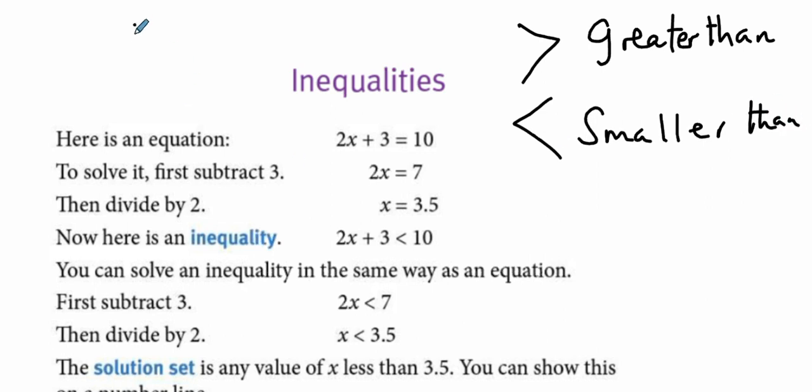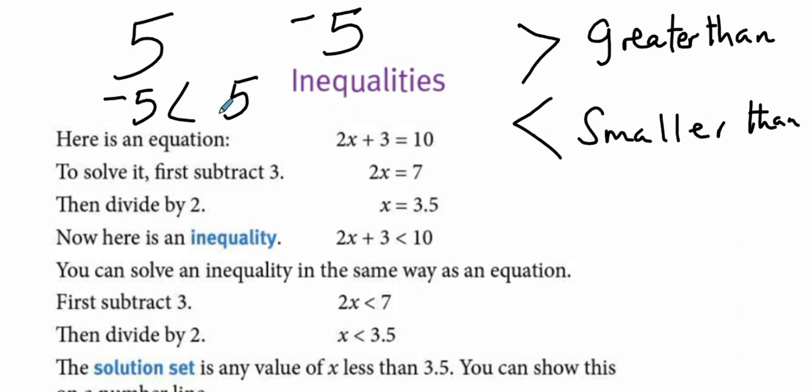For example, if I want to compare two numbers, 5 and -5, I find that 5 is bigger than -5. See? So that is one way of comparison. Another way is to say that -5 is less than 5. So somebody can say -5 is less than 5. See that? So that is all about